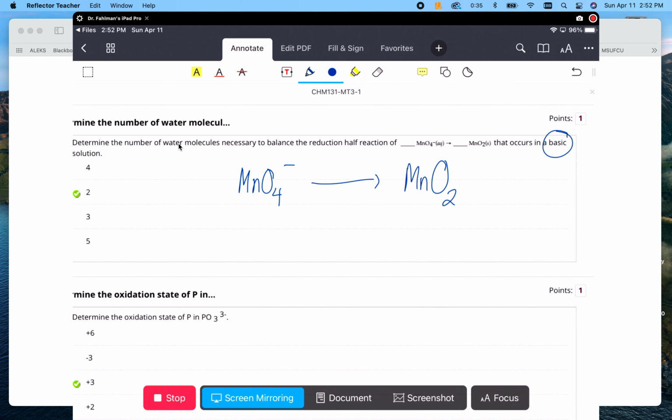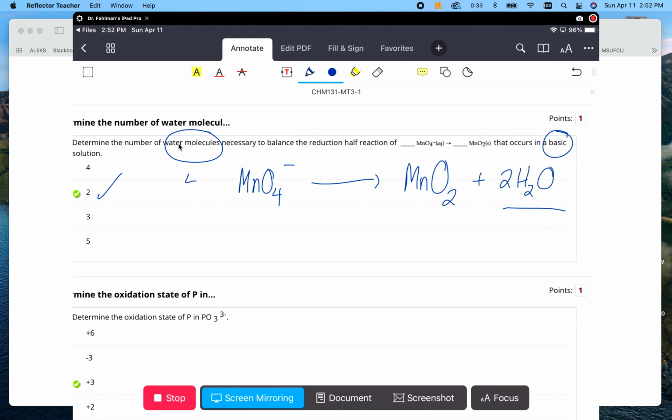And so we balance the manganese first. Now we do the waters. So we've got 2 oxygens on the right, 4 on the left, so we need 2 waters. Okay, and so as far as the question, how many water molecules, you're done. Okay, there's 2. But just to show you the full balancing here,